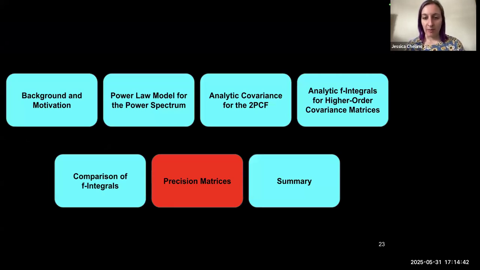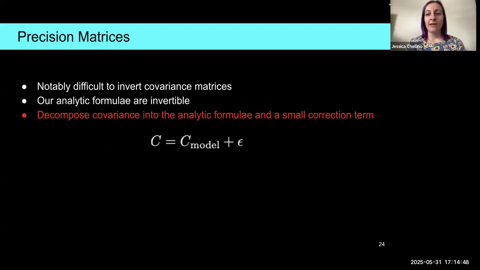Now, the last thing I want to talk about is precision matrices, or the inverse of the covariance matrices. We really need the inverse covariance, not the covariance, when we do an analysis with NPCFs. But as I said earlier, it's notably difficult to invert covariance matrices. However, the analytic formulae that I showed throughout this work are invertible, and we can use those to find the